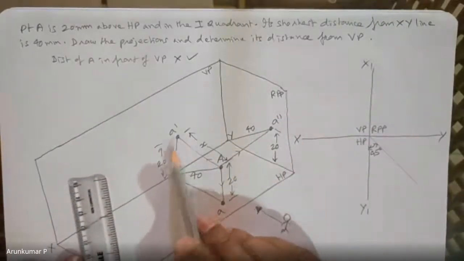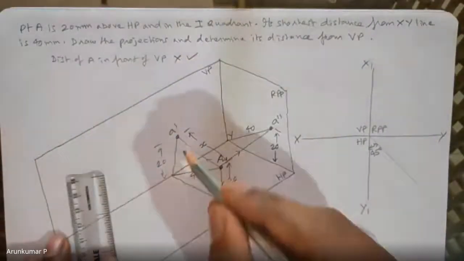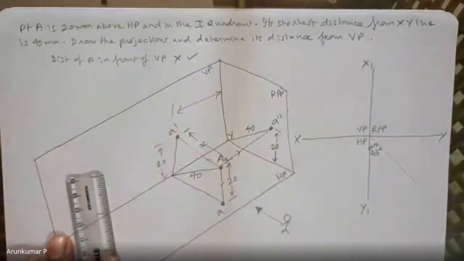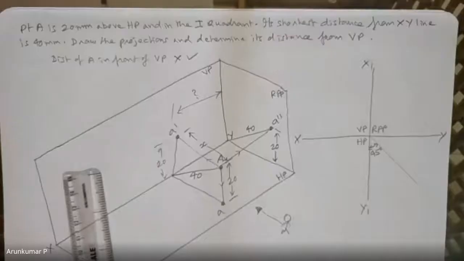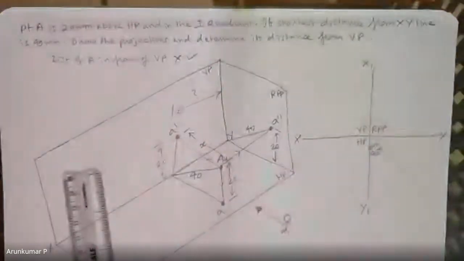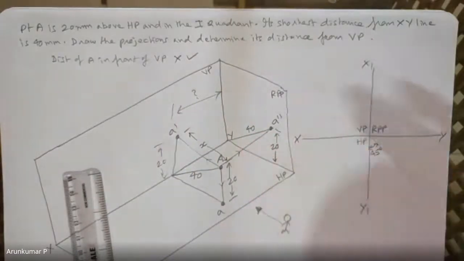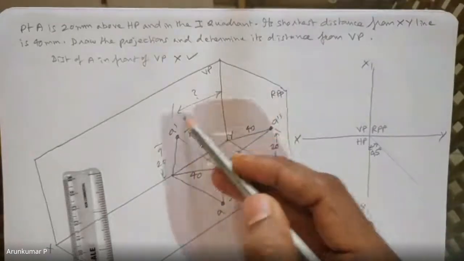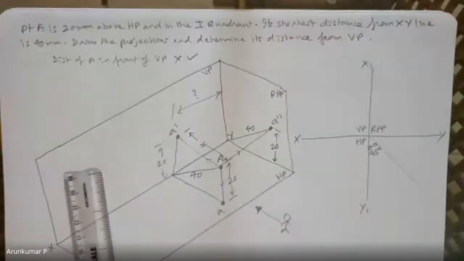I know that the front view is 20 mm above HP, but do I know this distance? How much the point is from the side plane? Is this known? No, sir. This is also not known. This X is not known. So it is difficult for me to either locate the front view or even the top view, because I don't know where exactly A dash is going to come, because I don't know the distance from the side plane. Neither do I know this distance X, so I can't locate the top view also. So now where should I start from?